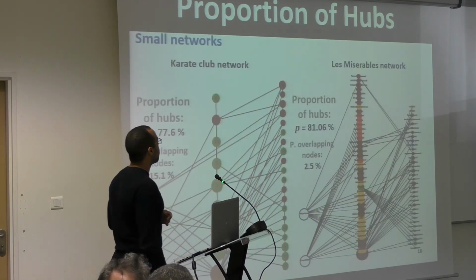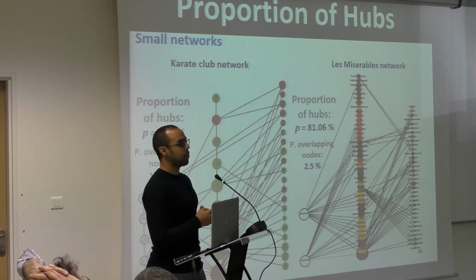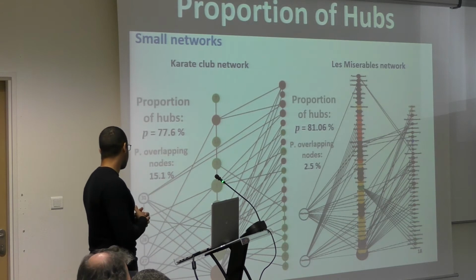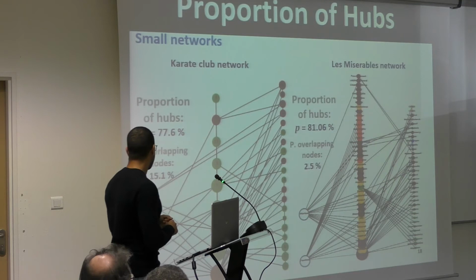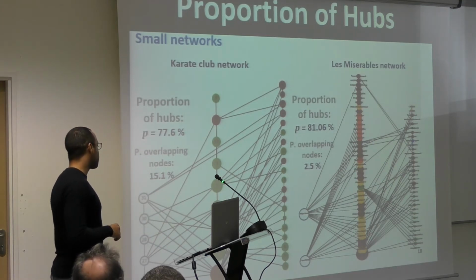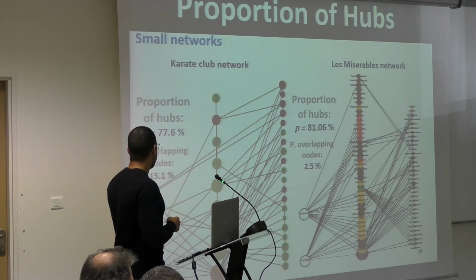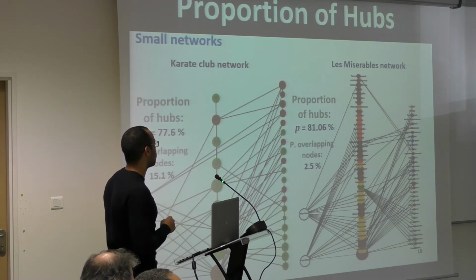Before performing this measure on our real-world data sets, we first define the community structure using the speaker-listener label propagation algorithm. So here is the bipartite representation of our small networks, where the overlapping nodes represent the left column of this graph, the middle column represents the hubs, and the right column represents the rest of the nodes.